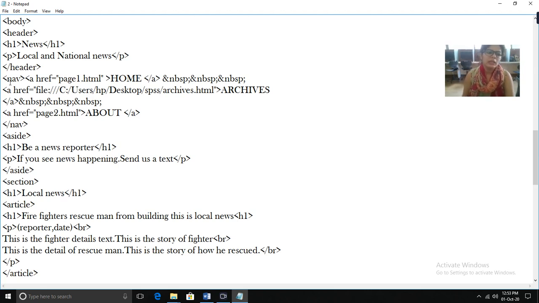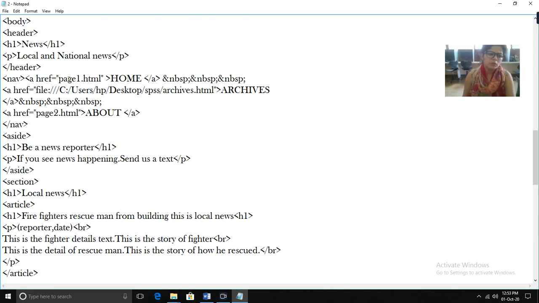So this is NAV, the navigational tag. Anchor tag, start the anchor tag. Href equals page1.html. This is the address of the page that we want to display. So see students, you can give the address of any page whatever you have created, and one more thing you have to do is keep that page in the same folder, otherwise it will not display the output.